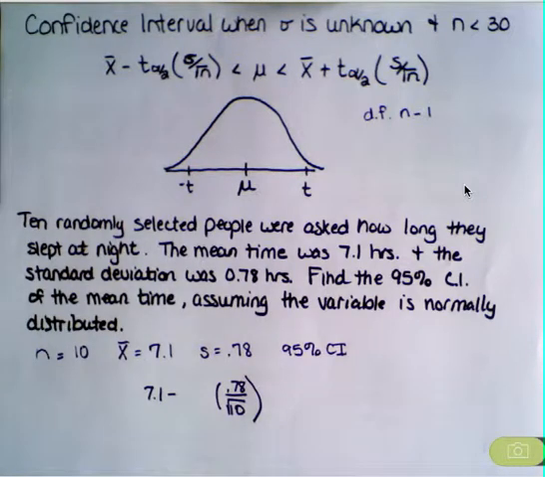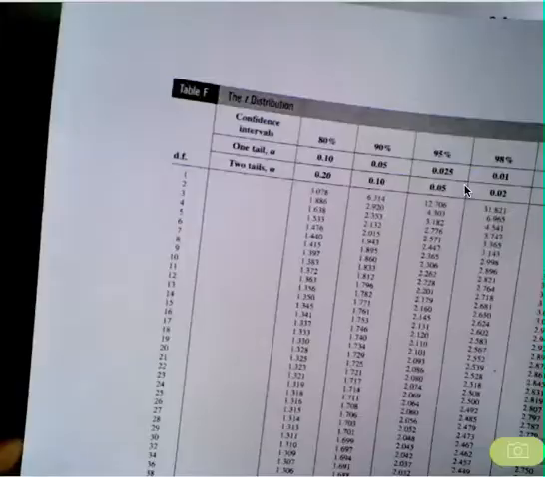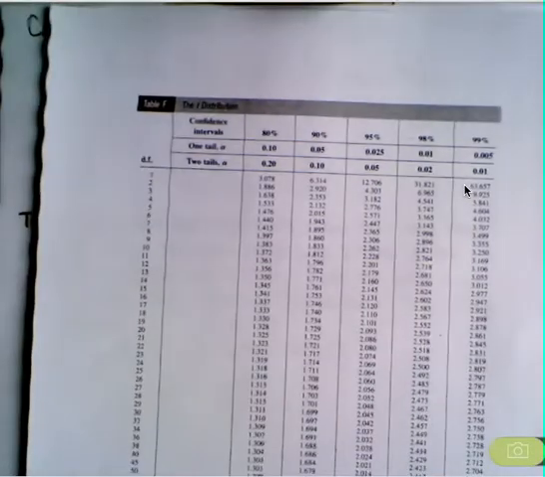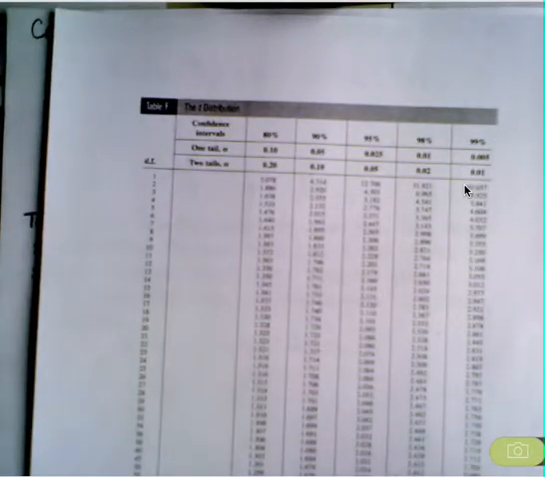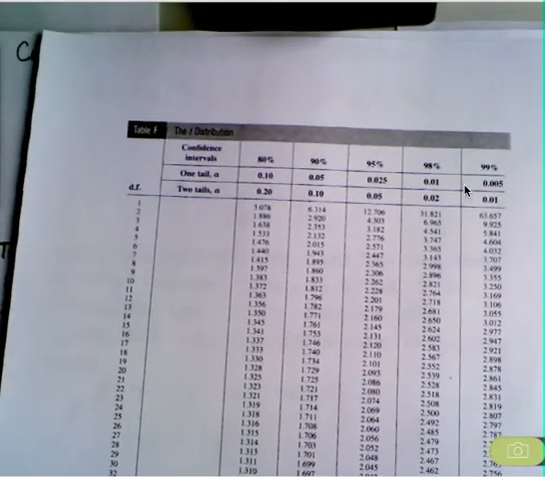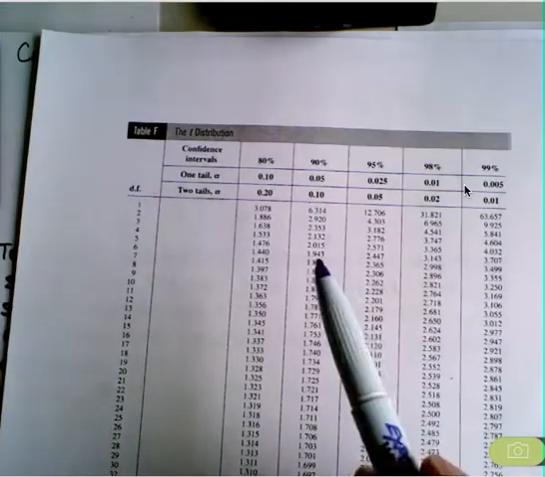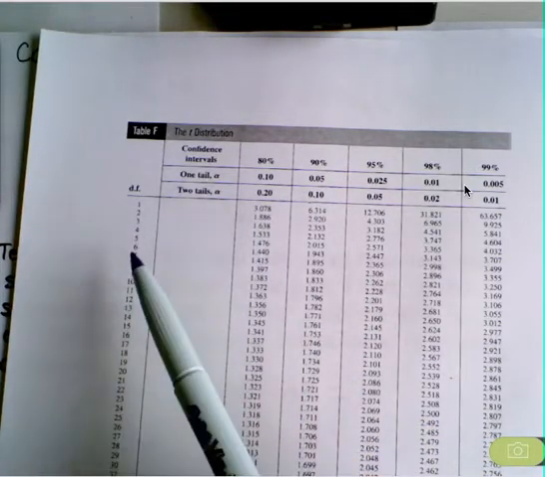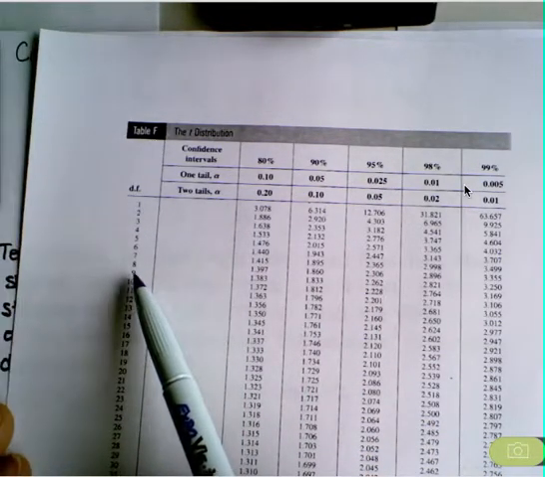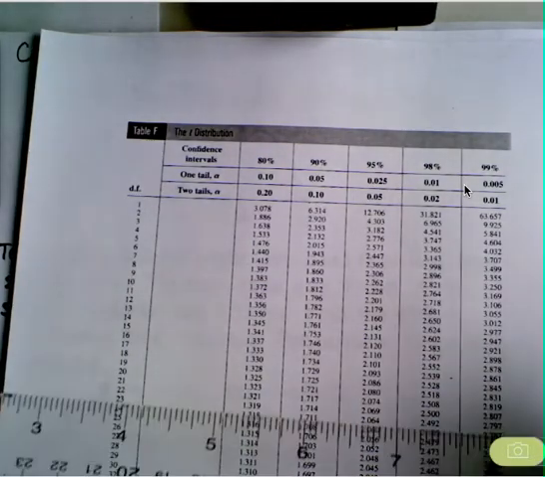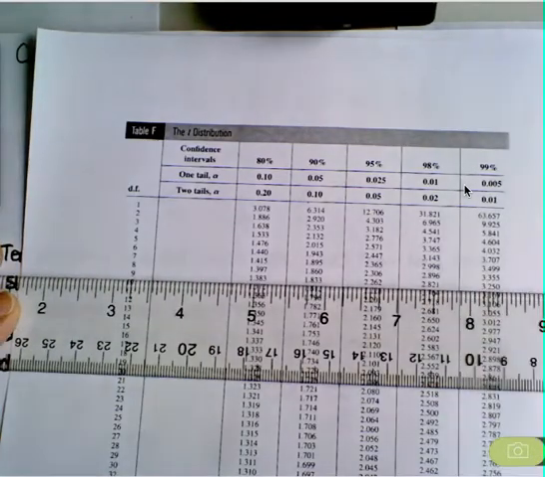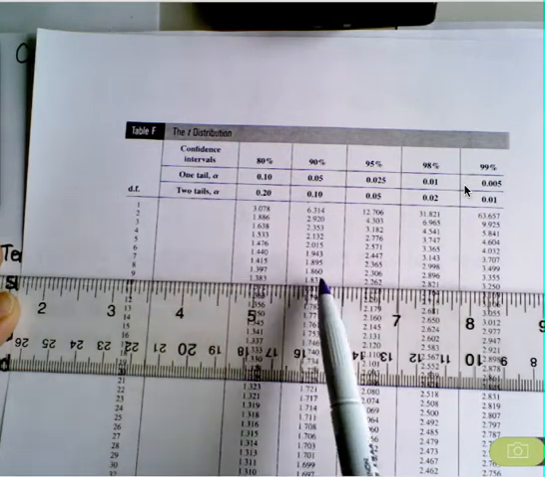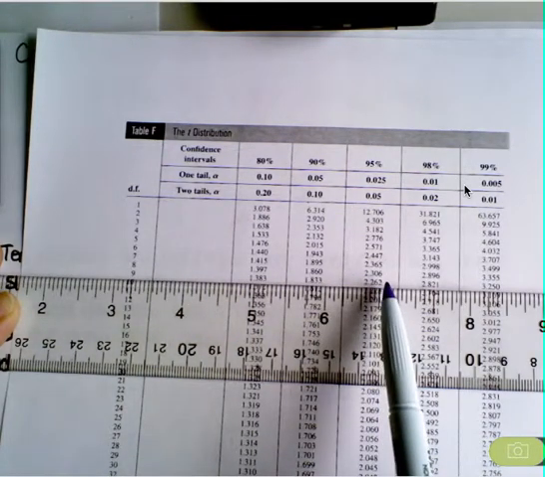So now if I pull out a t-distribution table, we are looking for the 95% confidence interval. Our sample size was 10, so our degree of freedom here is 9. If I go over here, 9 over to 95% confidence interval, I find that my t-score is 2.262, which is